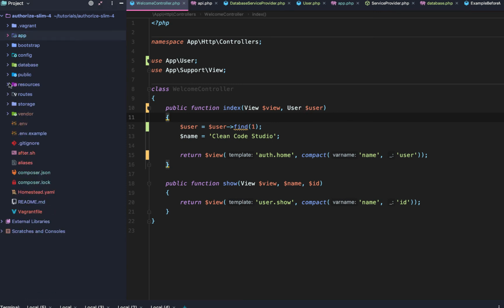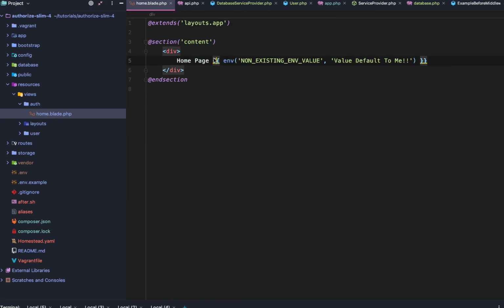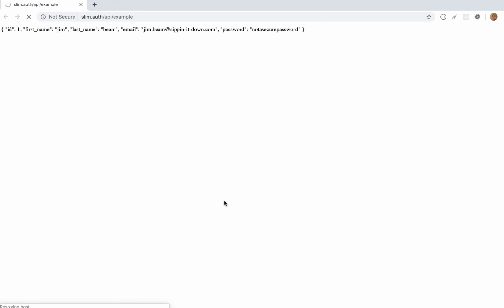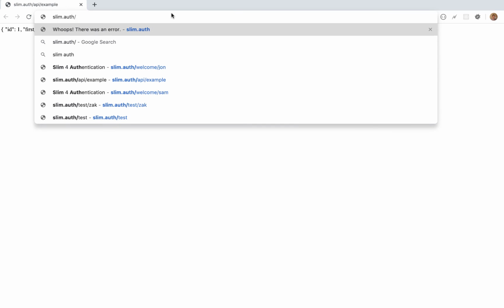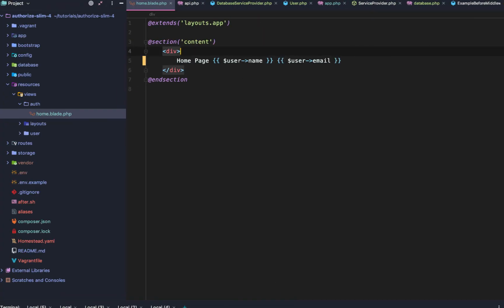What's a lot harder to do is when we're actually in our templates on the other side of things. So if we go to resources, views, auth, home.blade, and then we remove this example we use in our env, and we do user name, and then user email, etc. We reload our page. Oop, we're on example, so let's go to welcome/Sam. Homepage at Jim Beam. I'm sipping it down. So if we go right there, then we could of course access just about any property